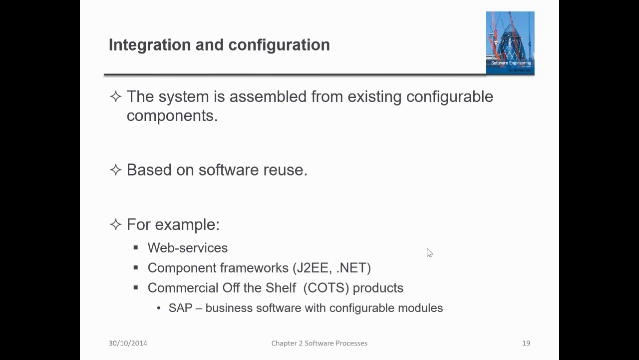Okay, the last model we're going to cover is the integration and configuration. And this is where a system is assembled from existing configurable components. So it's based on the idea that you're going to reuse existing software. So for example, you can put together a bunch of web services, you can use component frameworks, you can use